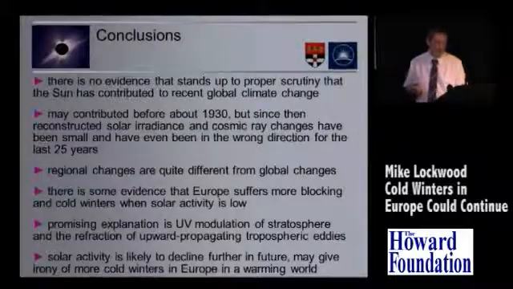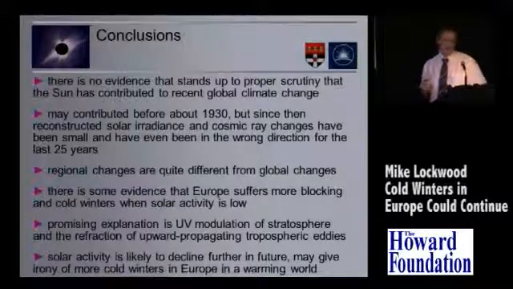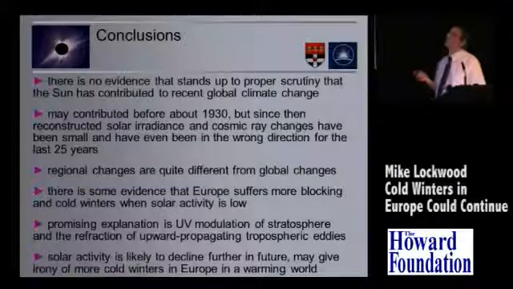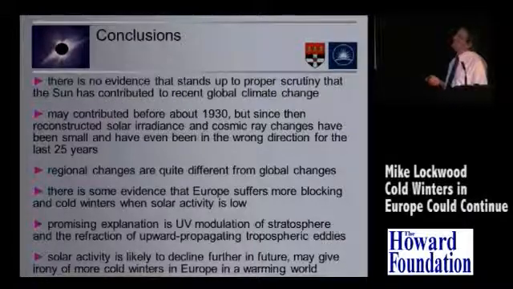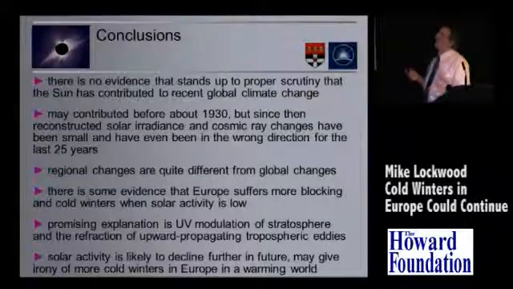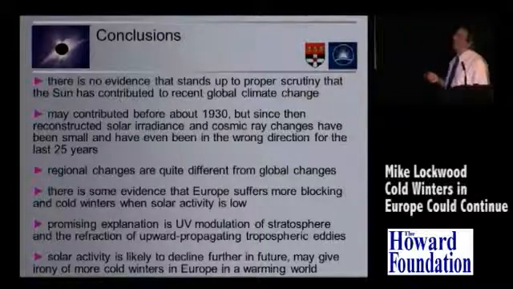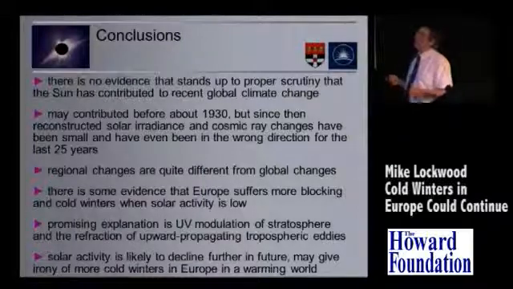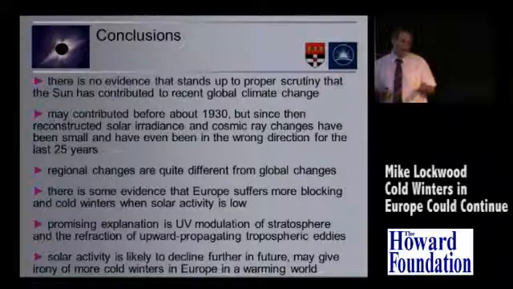Let me sum up. There is no evidence that stands up to really serious scrutiny that the sun has contributed to recent global climate change, and the word recent is relative, I mean by that at least the last 20, 30 years. It may well have contributed before about 1930, but since then it's been kind of flat, and it's even been in the wrong direction for the last 30 years. Regional changes are quite a different thing from global changes, and so regional signatures do not tell you about global climate change. There is some evidence that Europe suffers more blocking and, as a result, cold winters when solar activity is low. And we think a promising explanation is this UV modulation of the stratosphere and the effect on